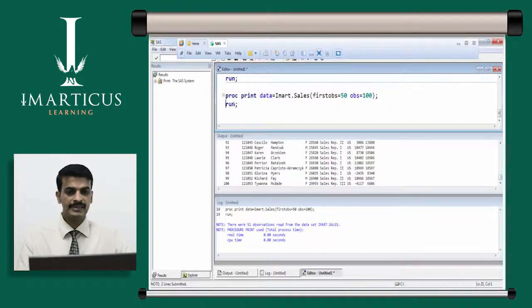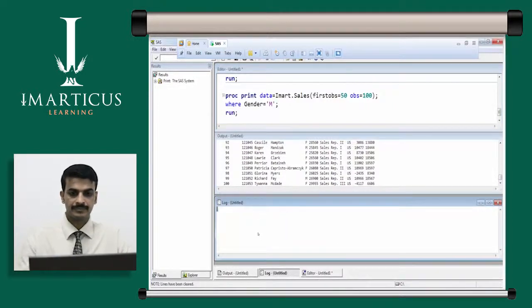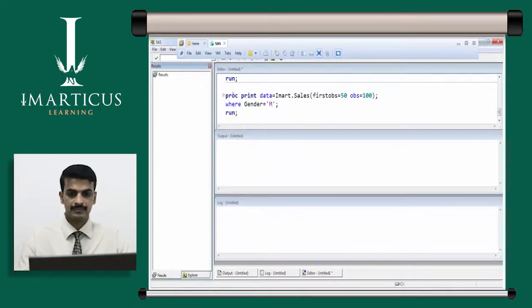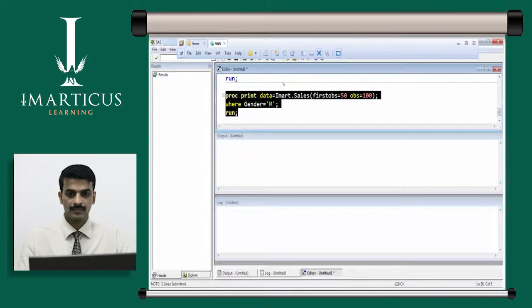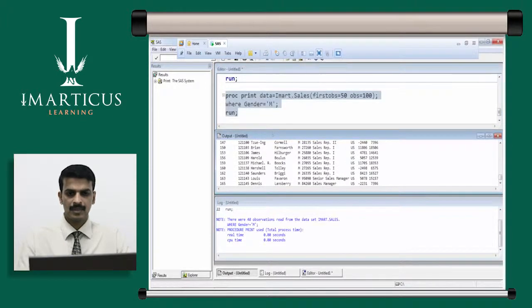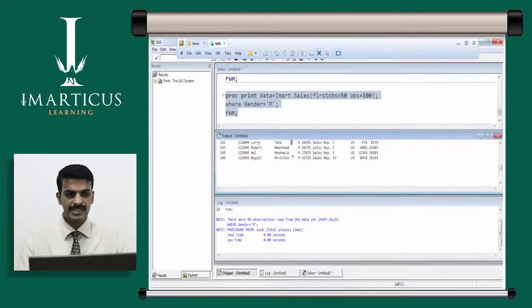Let's see some more options in this. Now if I specify a where criteria, just see. If I say here where gender is equal to M, now if you see, it is displaying only 48 observations, and if you see the observations displayed here,